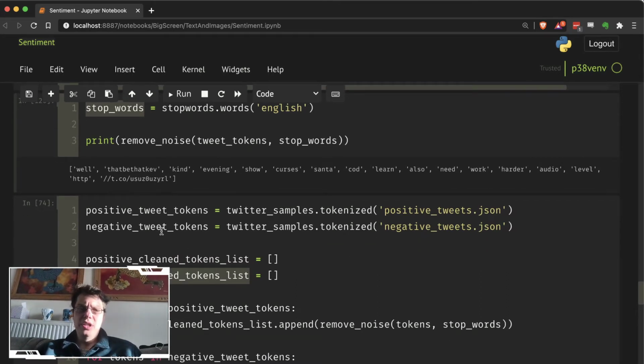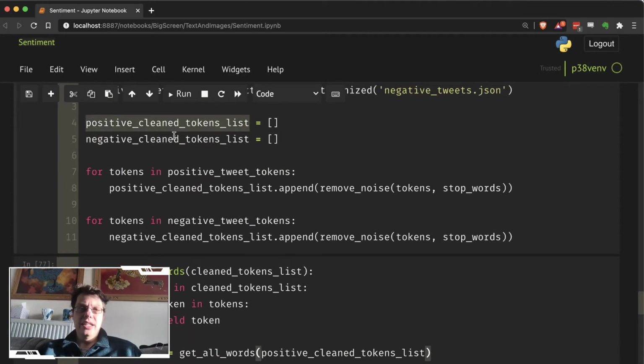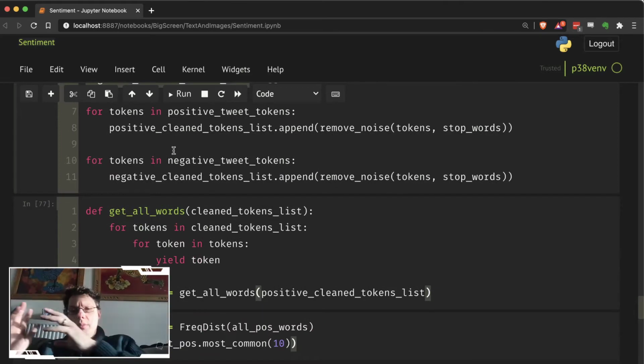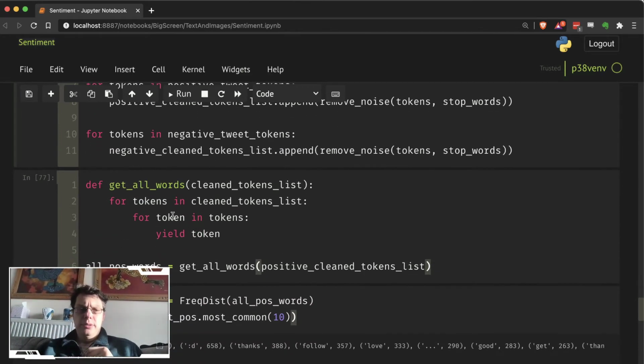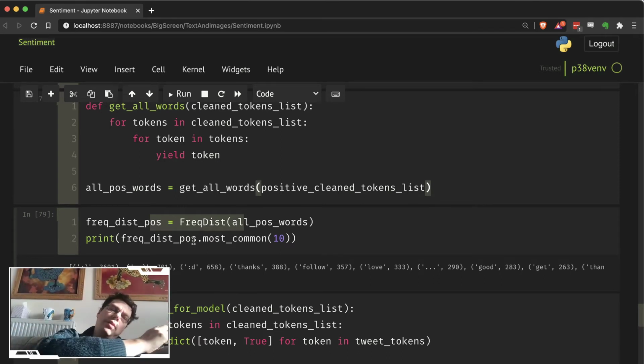What we can now do is the same with the positive and negative tweet tokens to end up with these arrays of positive and negative words. Again, I took this from a tutorial on how to do it, and I will put that link in the description below. Very powerful link. Running through that tutorial a bit more, you end up producing a frequency distribution of words in the positive word list and a frequency distribution of words in the negative word list.